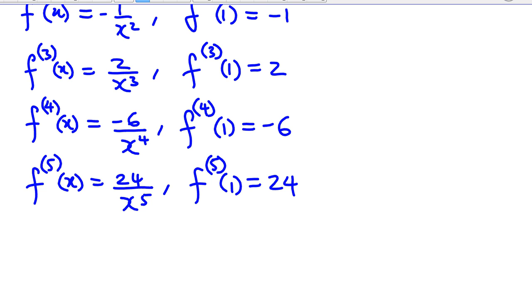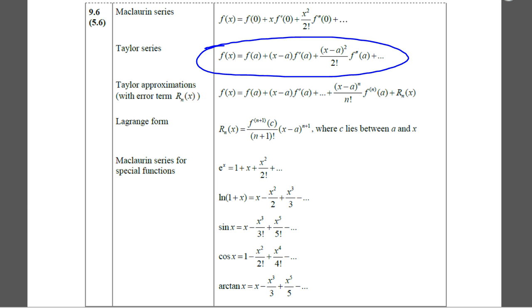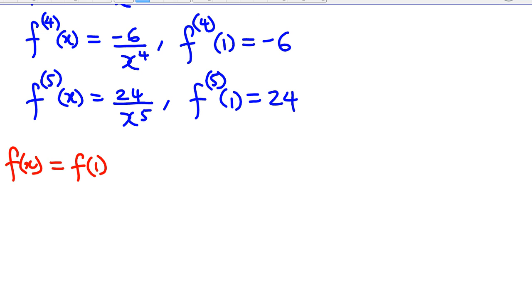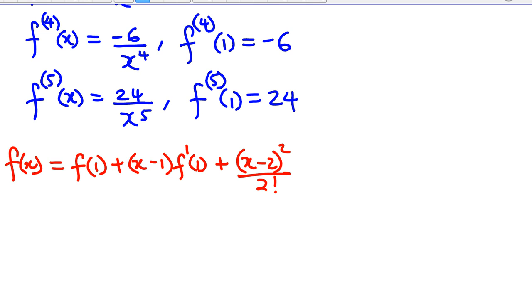Okay. So I'll just write these expansions here. So f of x will be equal to f of 1, because a is 1, plus x minus 1 f dash 1 plus x minus 1